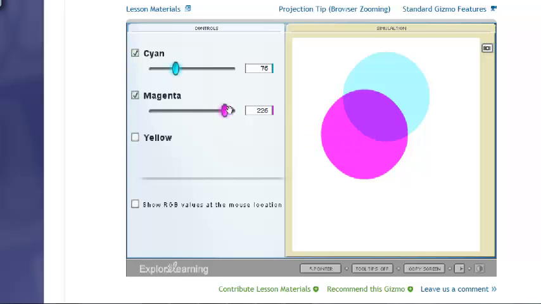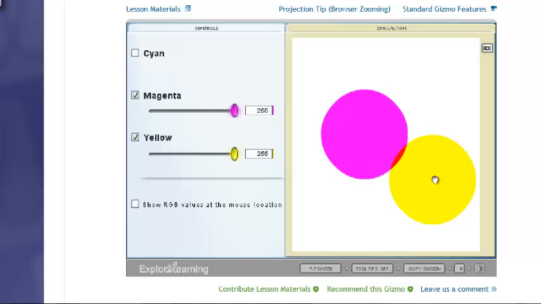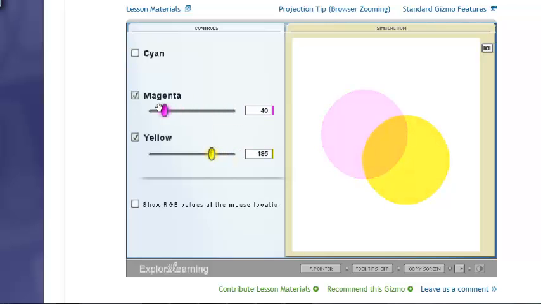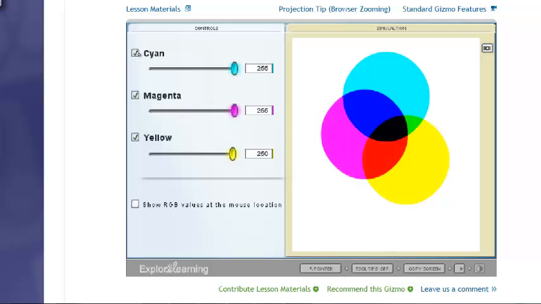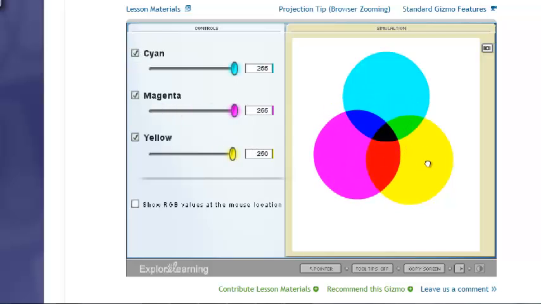If I remove the cyan and add the yellow, there's my red. Same story. Well, I want a different red, then I adjust accordingly to get what I'm looking for. When I add all three,